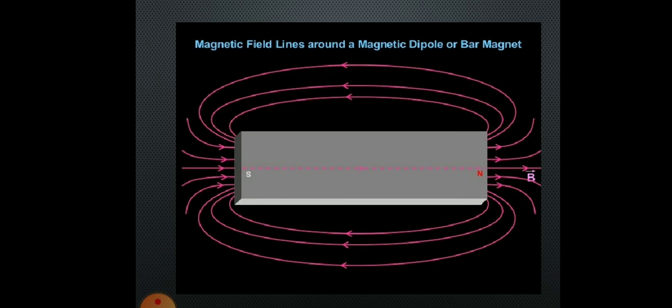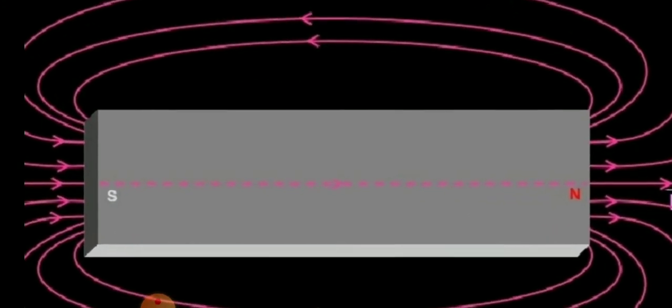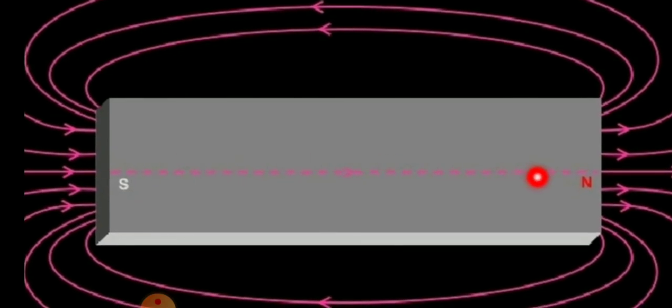You can see the bar magnet is drawn and you have to draw the curved lines. You can see here it is a closed curve, where this is the North Pole and this is the South Pole. The direction you have to mark is from North Pole towards the South Pole outside, okay? Magnetic field lines outside the magnet move from North Pole towards the South Pole. Inside the magnet, it is from South Pole to North Pole. You can observe the arrow mark here. Just observe the arrow mark. It is from South Pole to North Pole, okay?